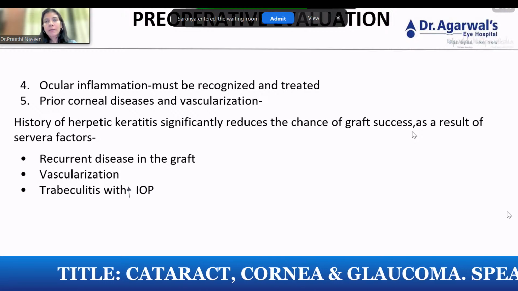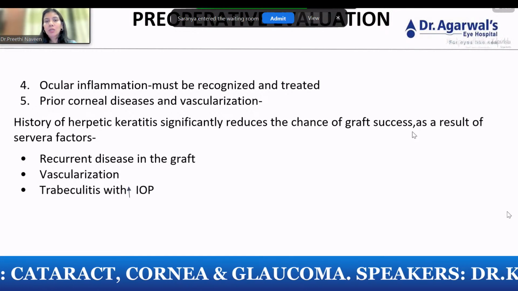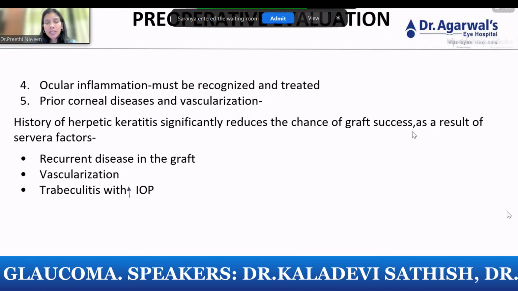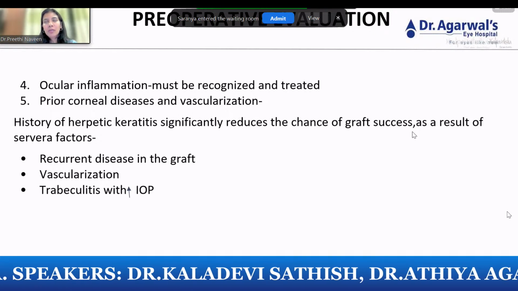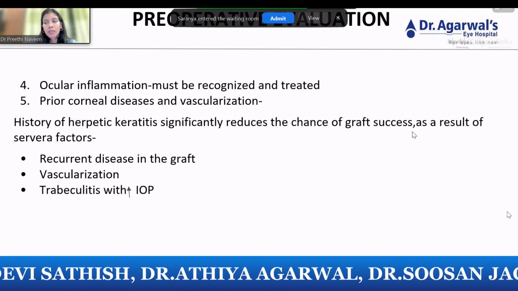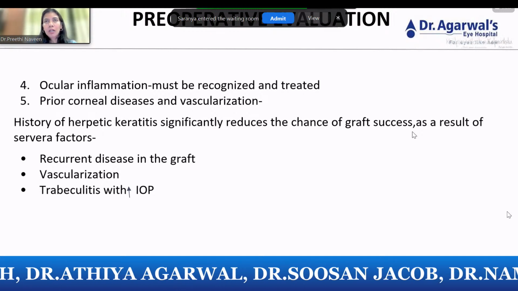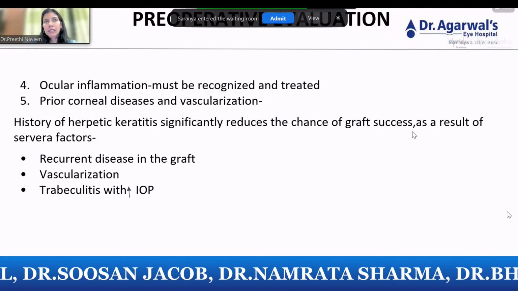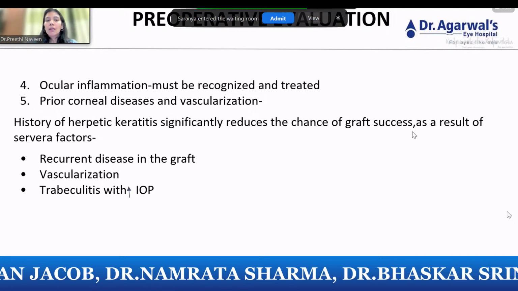So deep vascularization involving more than 2 clock hours is again considered a risk factor. So you will have to document all these pictures. And I would say the best thing to do is, if you have access to a slit lamp photograph or a photograph on your phone, just to document how many clock hours. And if there is too much vascularization, you can always consider procedures to reduce them,